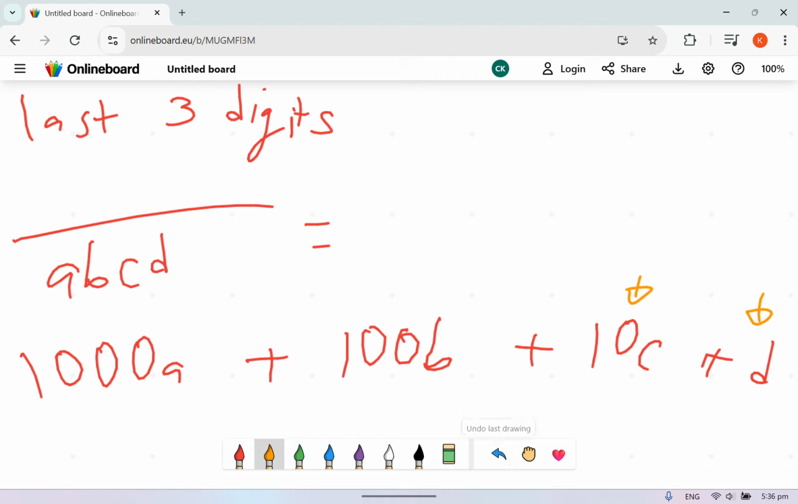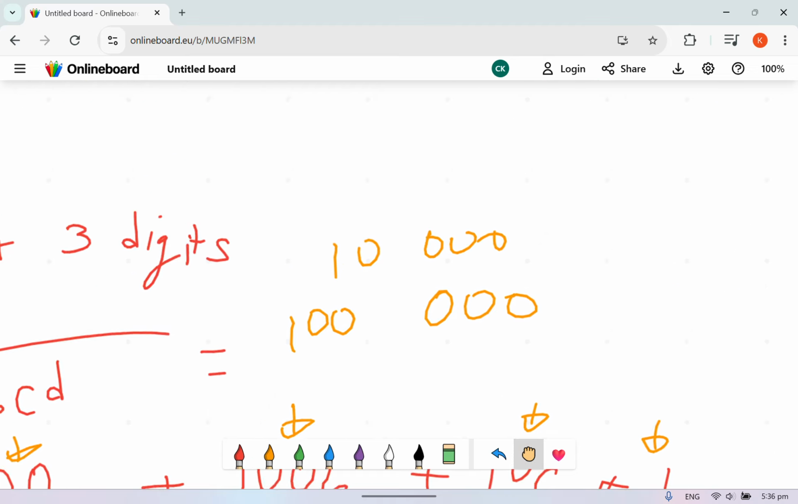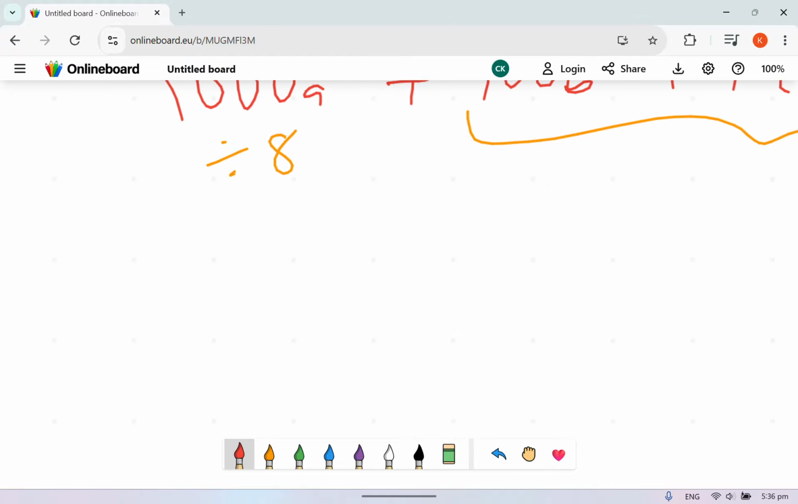Now, for 8, we need to look at all these 3 because 1,000 is divisible by 8. And anything in front, you have 10,000, 100,000. Okay? Because, you see, 1,000 is divisible by 8. Therefore, 10,000 must be divisible by 8, right? And anything that ends with 1,000, if 1,000 is divisible by 8,